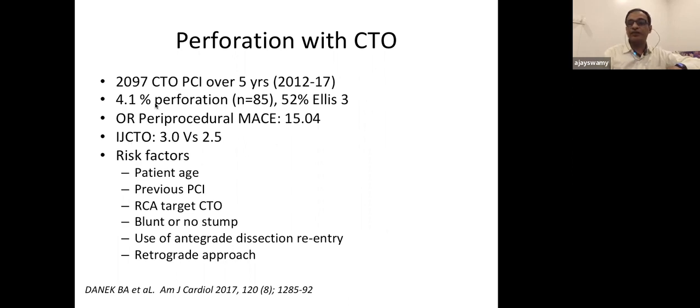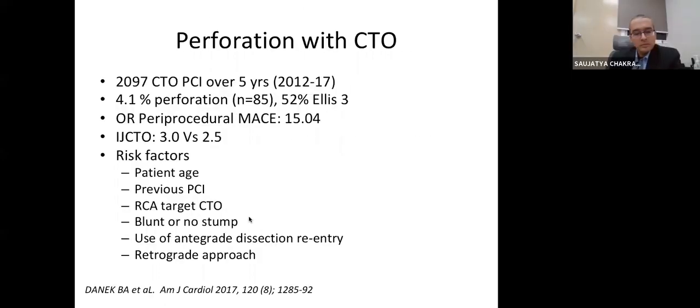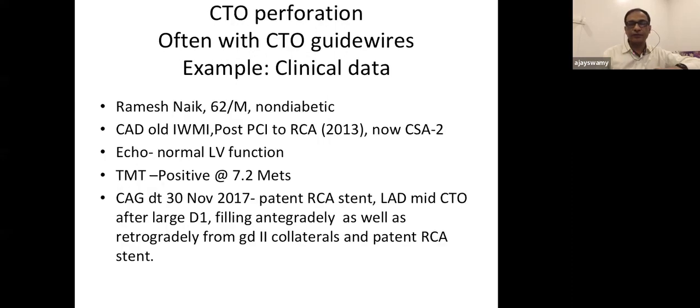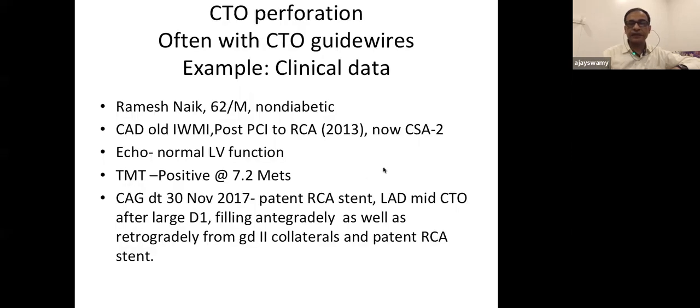The J-CTO risk score between the two groups was 3 versus 2.5, and the patient risk factors were age, previous PCI, RCA target CTO, blunt or no stump, the use of ADR, dissection and re-entry, and the use of retrograde approach. Often with CTO guide wires, like this patient, Ramesh, a 62-year-old male, non-diabetic, old inferior wall MI, post-PCI to RCA,